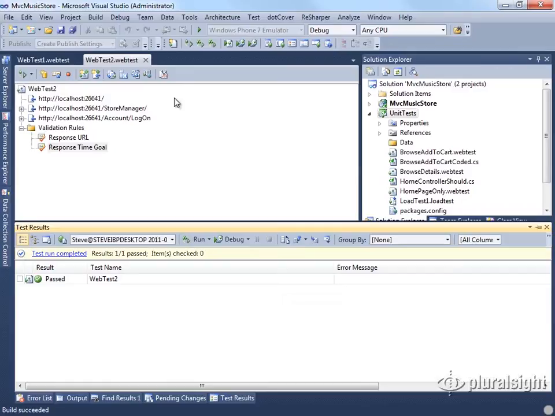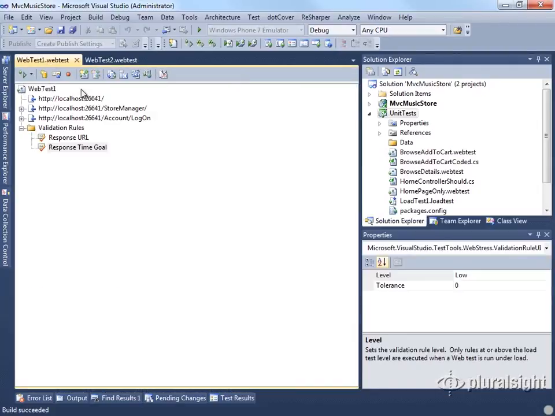It's also worthwhile to make sure that we test it with a variety of different logins so that we know that our data source that's being exercised is not just hitting the same row over and over again. So in this case, we're going to add some data binding to these two tests to make sure that they do just that. To begin, we'll go to the failing web test,